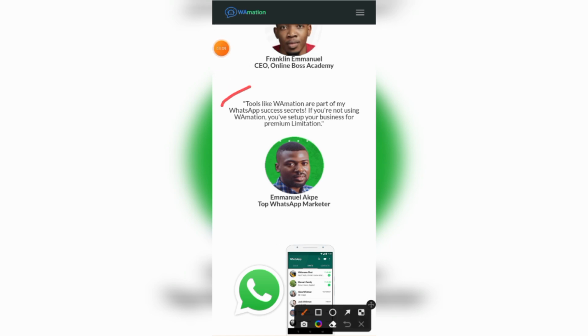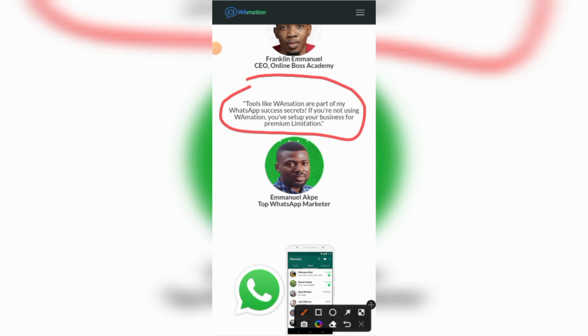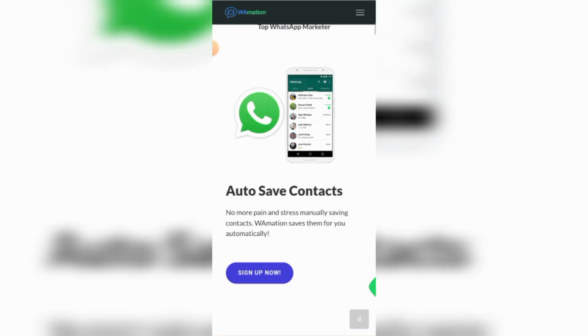So you can see right now this person said he loved this tool, that this tool has been helping him a lot with his WhatsApp marketing. So this tool was able to change his WhatsApp marketing and start making a lot of sales. So let's come over to